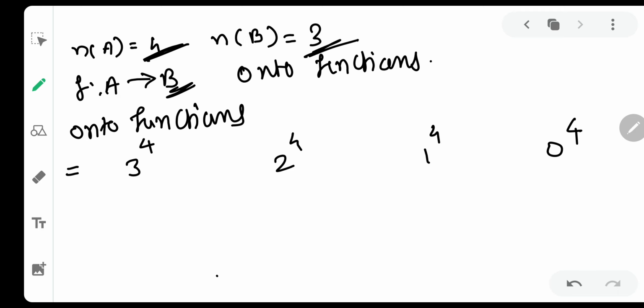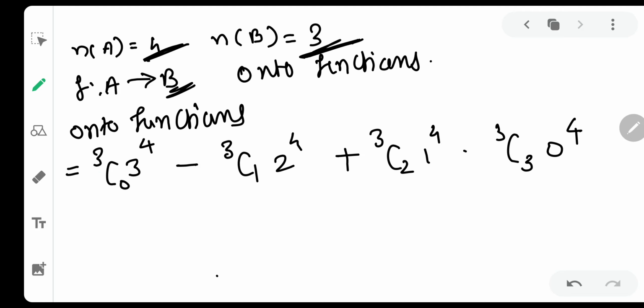How many elements are in B? There are 3 elements in B. So first you write down 3c0. Then you write down 3c1, then 3c2, then 3c3. Then you write down plus, minus, and you are done. Okay, don't worry, we are going to solve a few more questions so that you are very familiar with this trick.